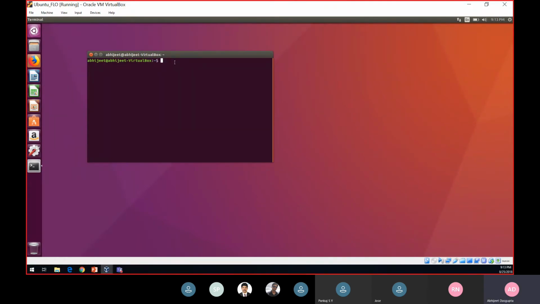In this window, you need to type the command sudo apt-get update and press enter. Since it's a sudo command, which means you are running it as a super user or the root user, you need to enter the password for your super user. I'll type in the password and press enter. Once the password is authenticated,